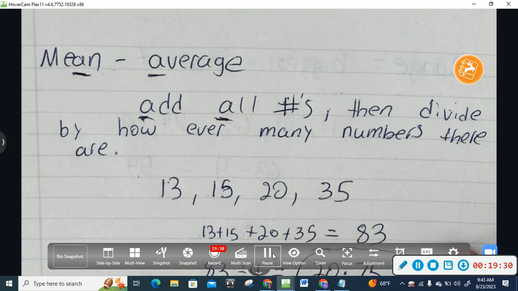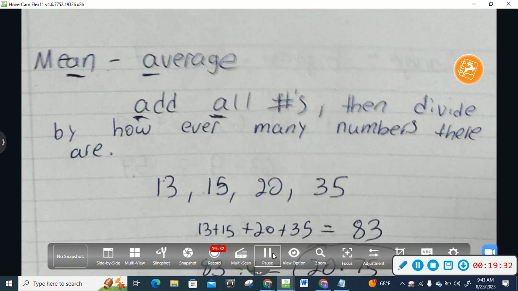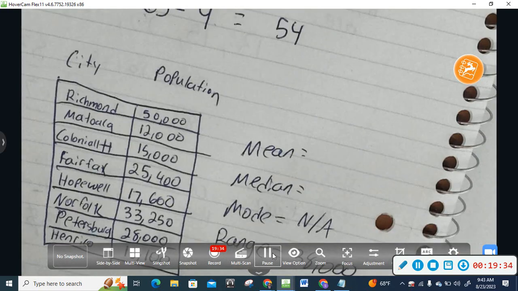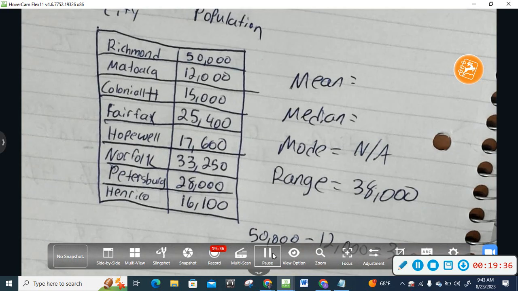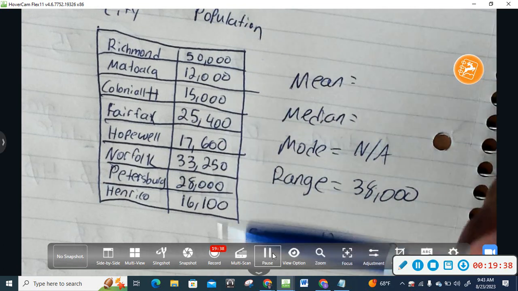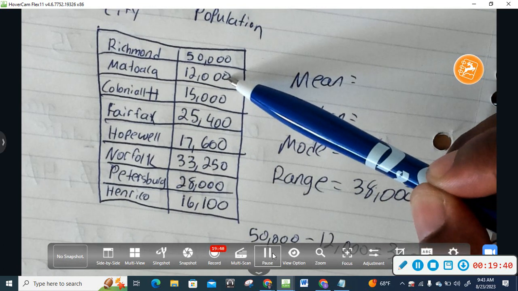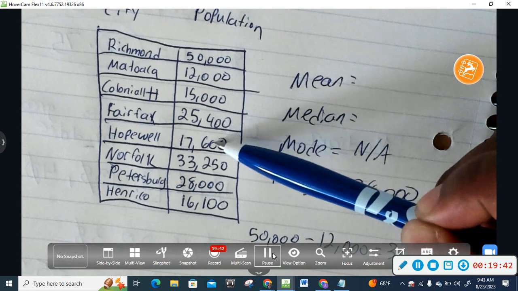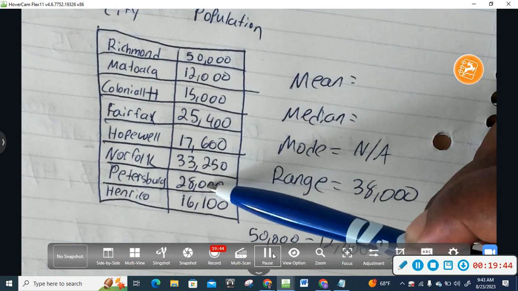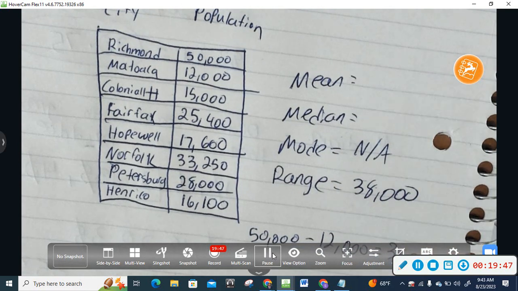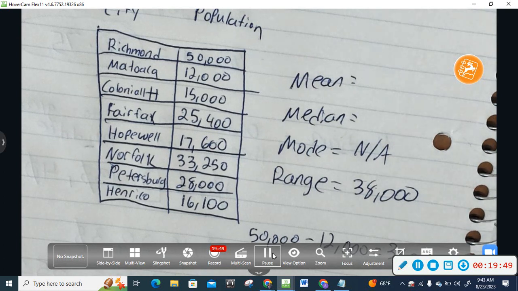Add all numbers. Then divide by how many numbers there are. So let's go ahead and find how many numbers we have first. How many total numbers do we have up here? So let's count it. 1, 2, 3, 4, 5, 6, 7, 8. Alright, so I know that at the end, for the mean, I'm going to divide by 8 because it's 8